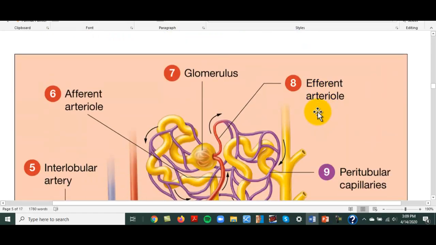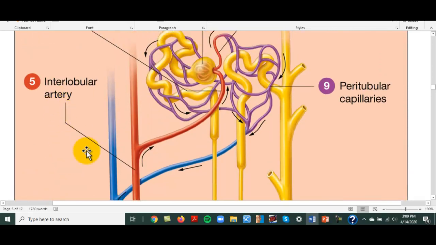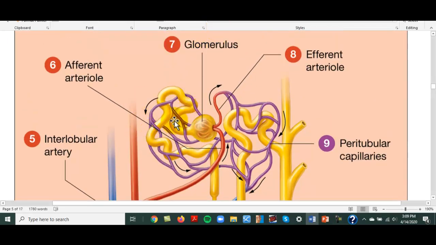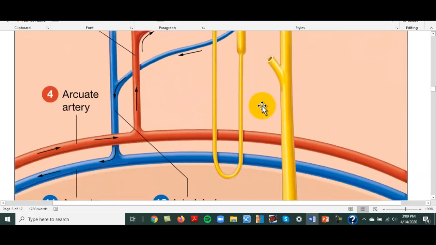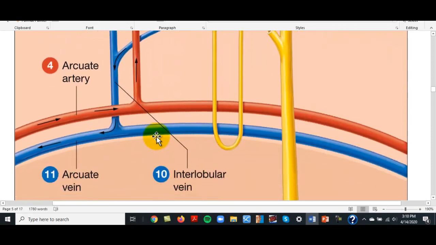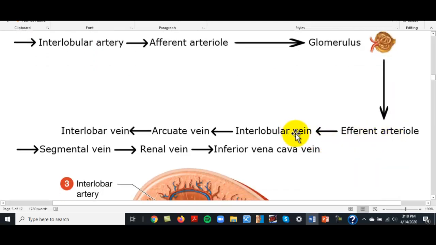Now, on the other diagram I gave you, here's the arcuate artery and vein. See that? That would be the arcs at the top. The smaller branches blown up: the interlobular artery, interlobular vein, and see how this comes around that way and forms what is called the afferent arteriole. It goes into the glomerulus, and then here it's exiting as the efferent arteriole. Now I went ahead and left these off, and you can see that at some point it's going to join back to this interlobular vein, and then it's going to leave the same way it came in. So blood goes in this way, it gets filtered, then passes through the efferent arteriole, and then along the way